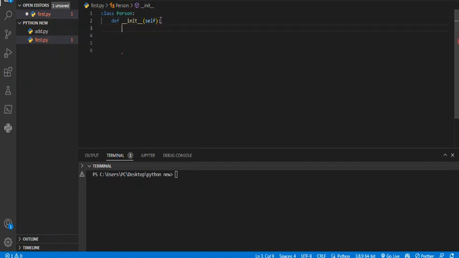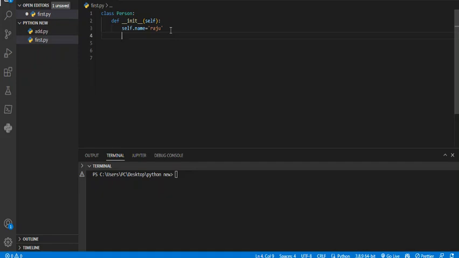Write self here. In self we can write name and DOB. Self.name is equal to some name, Raju, whatever name you can get, and